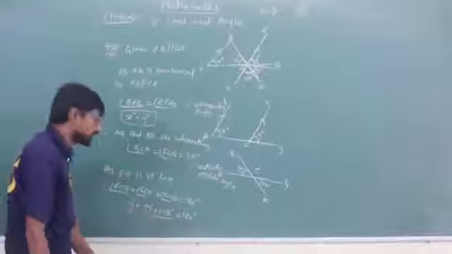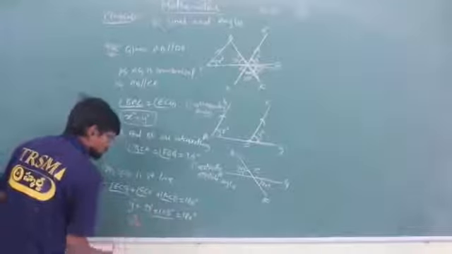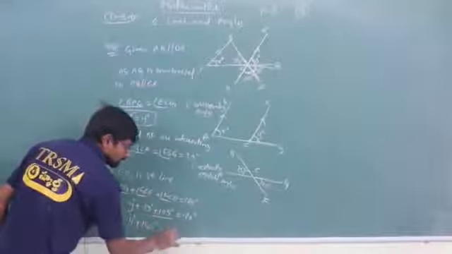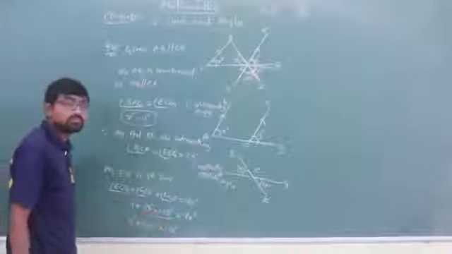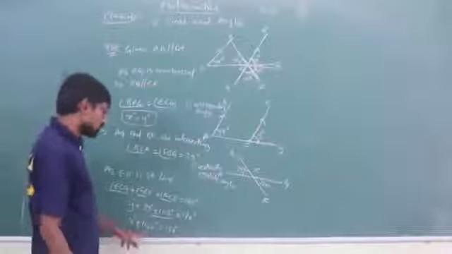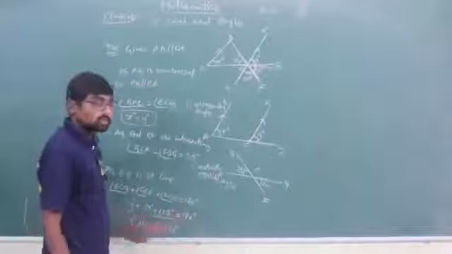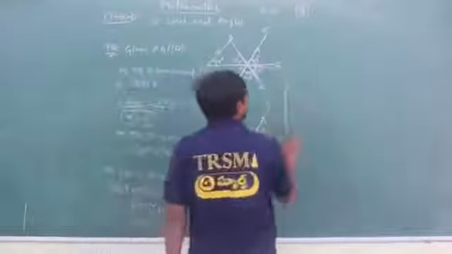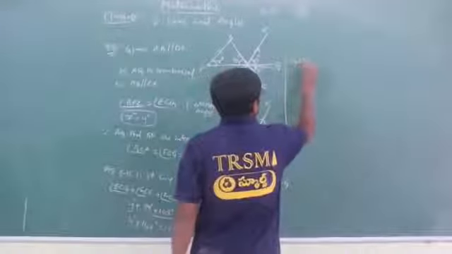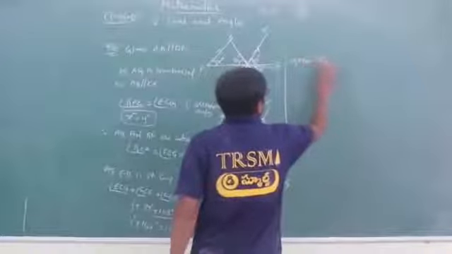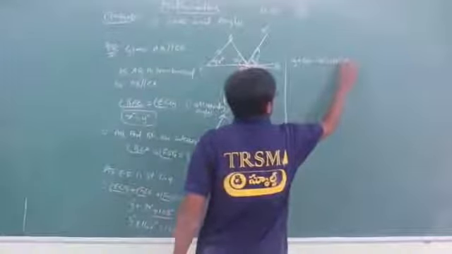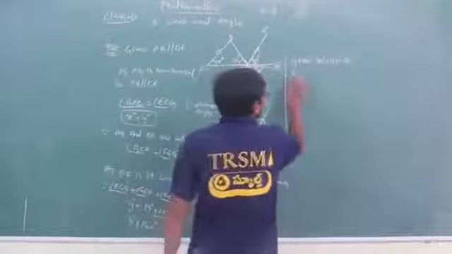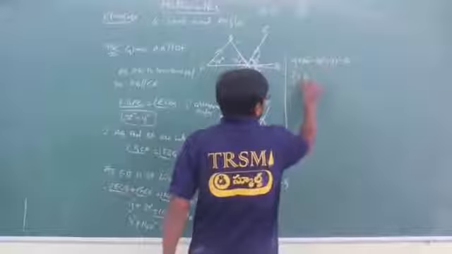If I add both the angles, y degree plus 140 degree, isn't it, is equal to 180 degree. 105 plus 35, I'll be getting 140 degree. So now subtracting 140 on both the sides. Why? Because it is adding here. So how much will I get? Y plus 140 minus 140 is equal to 180 minus 140. So plus 140 minus 140 is 0. So y degree is equal to 40 degree.